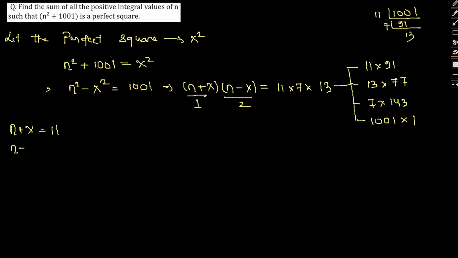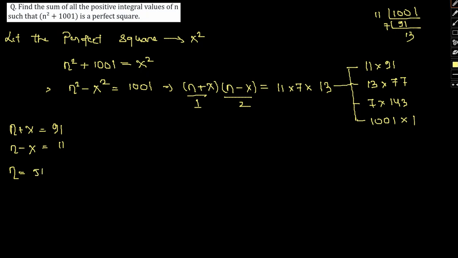So n plus x is 91, let me assume. Suppose n plus x is 91 and n minus x I'm assuming as 11. So if I am to find n in this regard, therefore n will be,